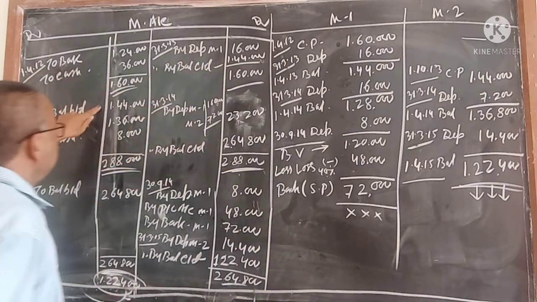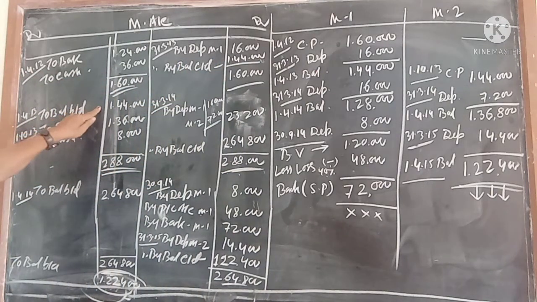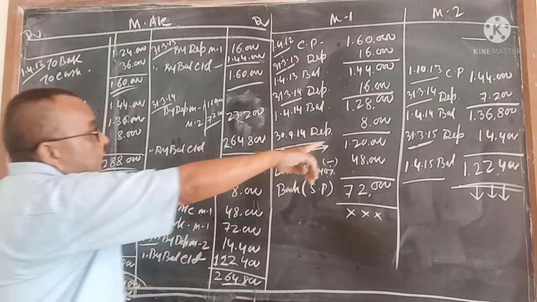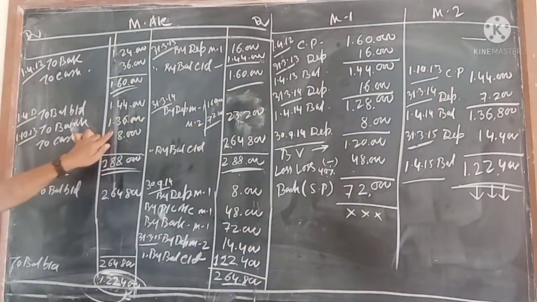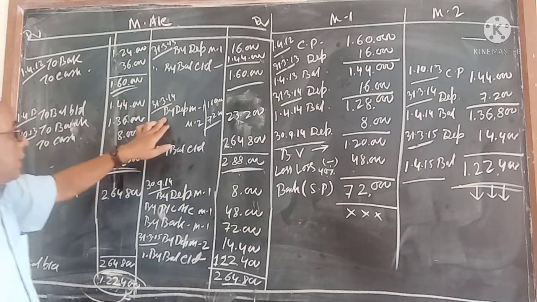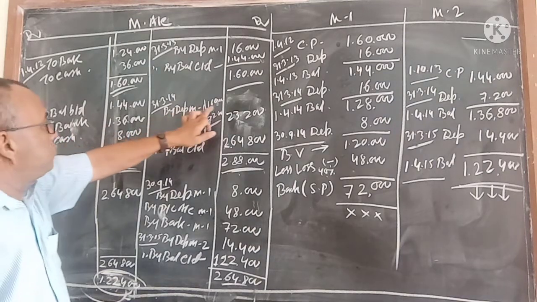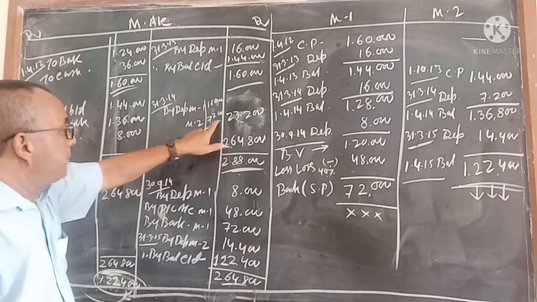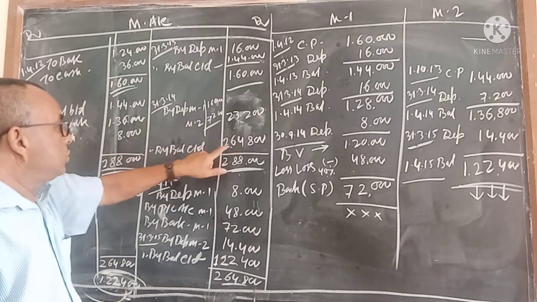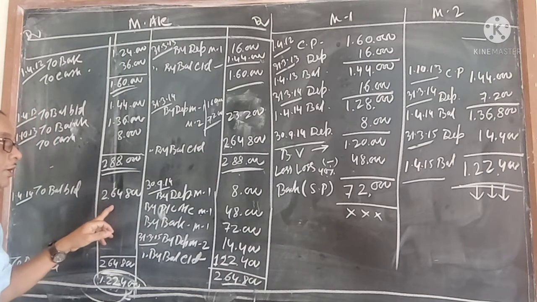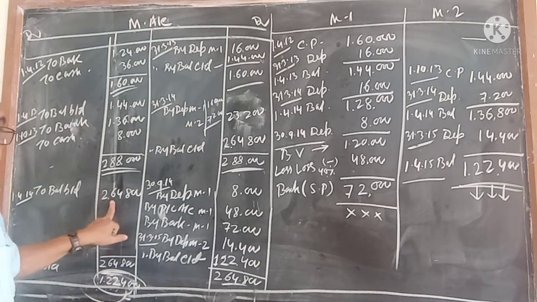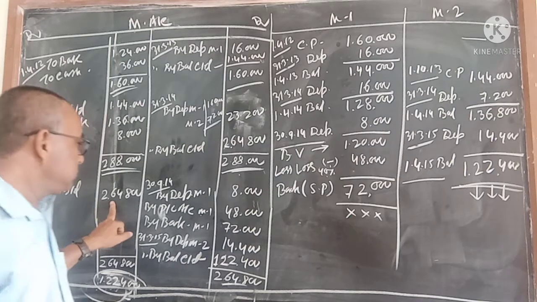1,44,000. Second year in the beginning 1,44,000, and in the middle of the second year you have purchased the second machine. That 1,44,000, how does it come? 1,36,000 plus 8,000 is equal to 1,44,000. Now in the second year, first machine full depreciation, second machine half depreciation, 23,200. So the balance you are getting is 2,64,800. 2,64,800 is the opening balance at the beginning of the third year of 2 machines.